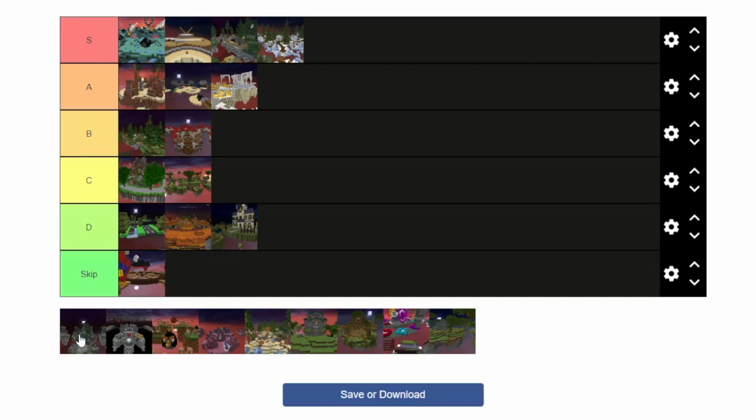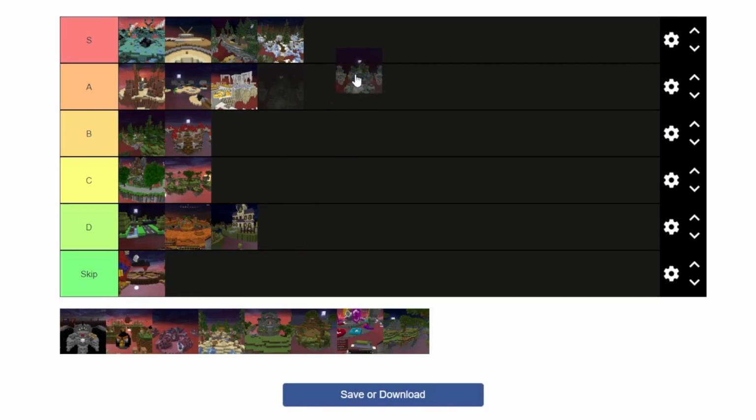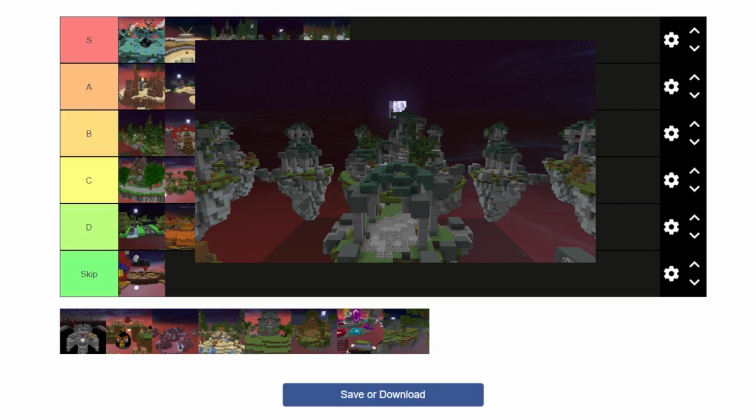Next, we have Ruins. Ruins is also an S tier map, and it's going right above Frost. There we go. Ruins is also one of my favorite maps to play. It's a cluttered map, which a lot of people don't like because of that, especially at middle, it's kind of cluttered. But I do like how fast-paced the map is, and that's mainly the reason why it's in S tier, because everything is so close to each other. People don't camp on their island usually, and